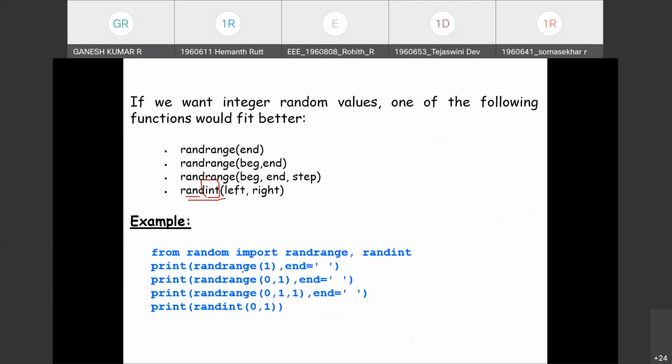A simple example I'll explain before we leave. From random, import randrange, randint. These are all functions. Just as from the math module we import entities like sine, cos, tan, power, these are entities, randrange, randint, all entities in the module random.